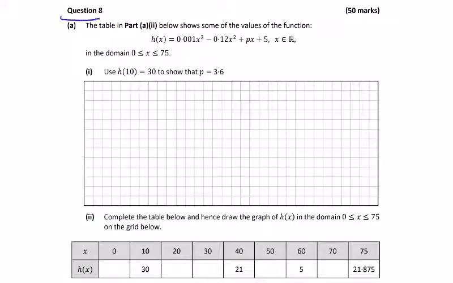Question 8, 2021. We're given this function here. P is unknown, and we're asked to use h of 10 is equal to 30 to show that p is 3.6. So h of 10